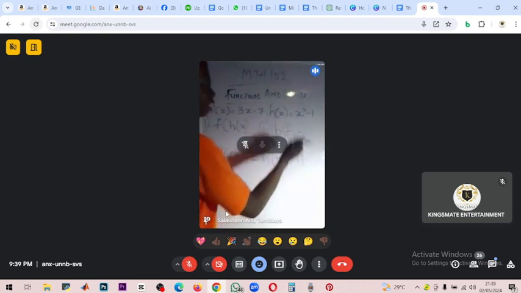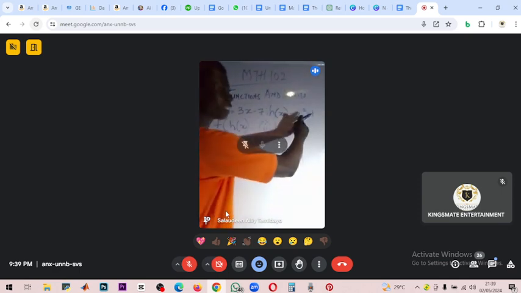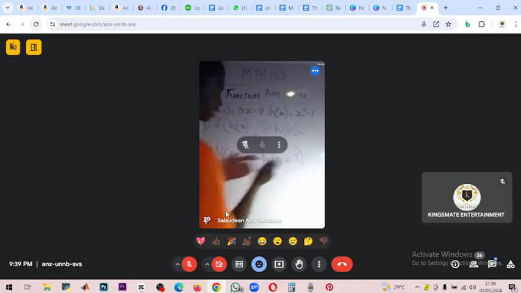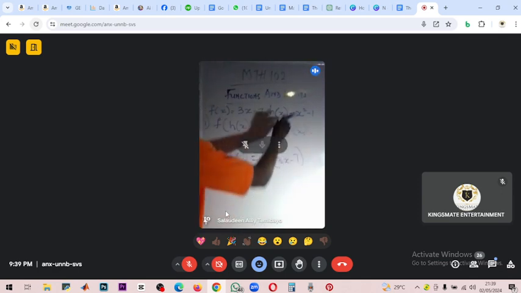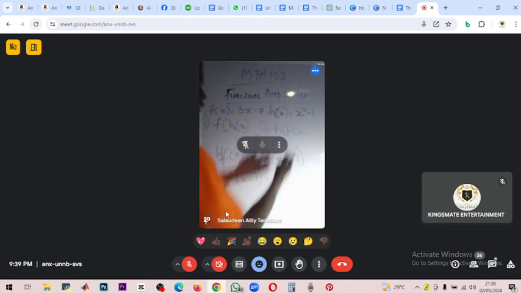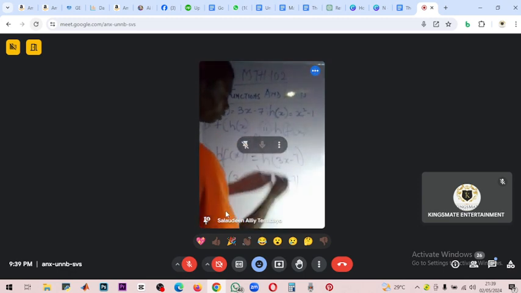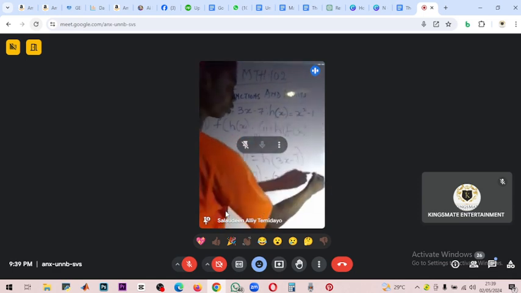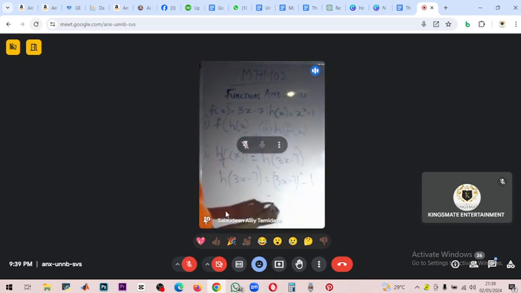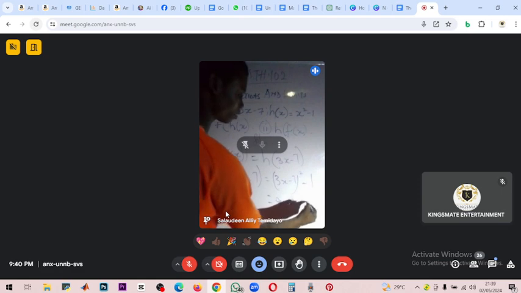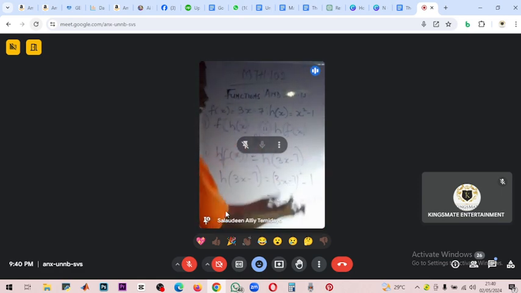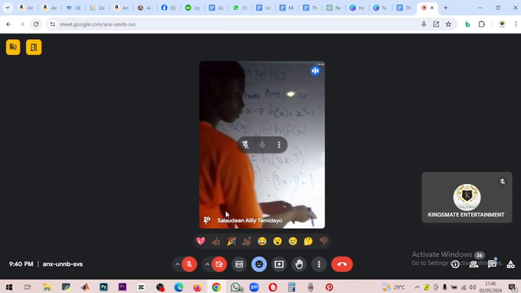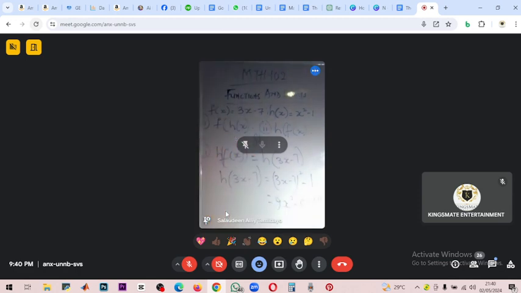Don't forget that h of x is x squared minus 1. If it was h of 1, I'd use 1 to represent x squared here. But I'm writing h of 3x minus 7. So h of 3x minus 7 should be equal to 3x minus 7 squared minus 1. So go and solve this one. You're going to have 9x squared minus 6x plus 49 minus 1. That is expanding this bracket.